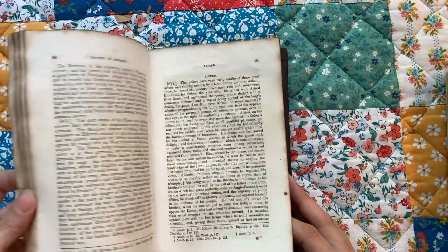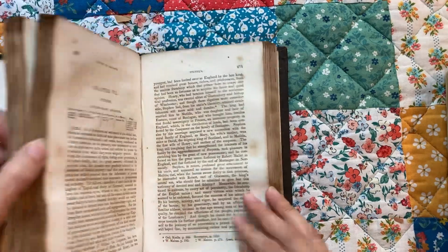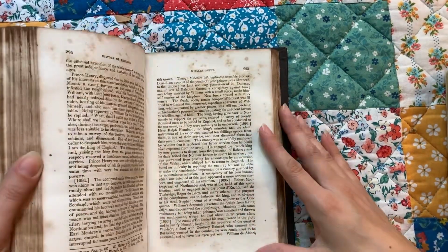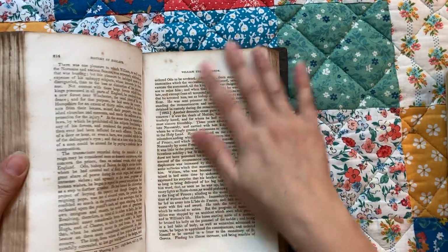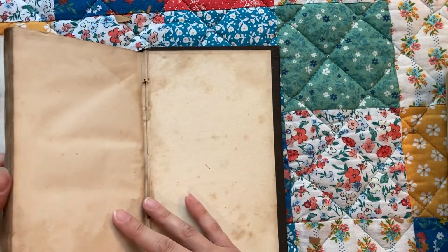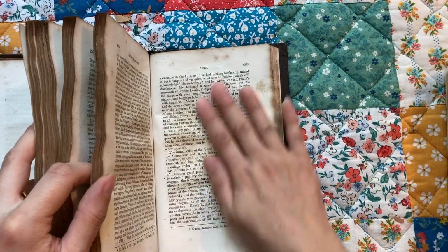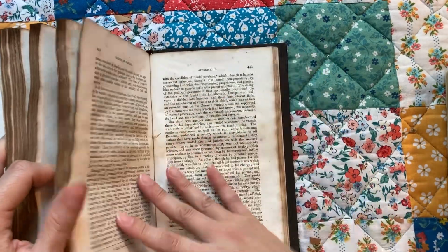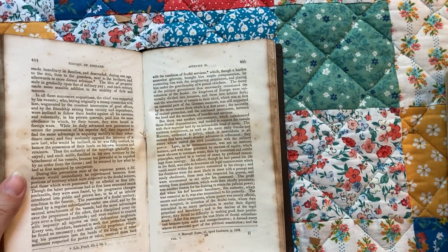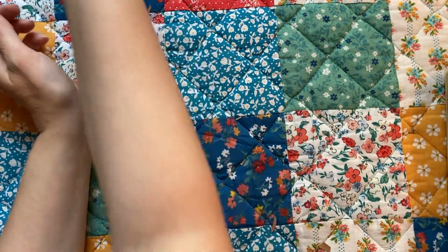It's, you know, a super dry subject. It's the history of England, the Britons and the Saxons and the Normans and everybody who was there. No, the Normandy, that would be French, not English, but all of the Anglo-Saxons history, very, very cool. Very, very old. And then last but not least, this